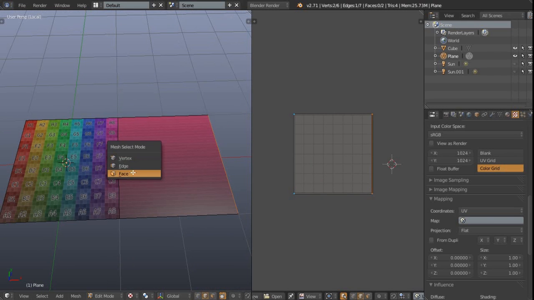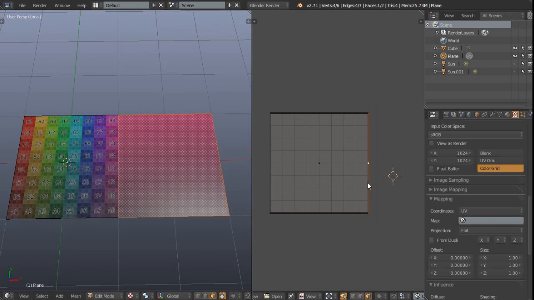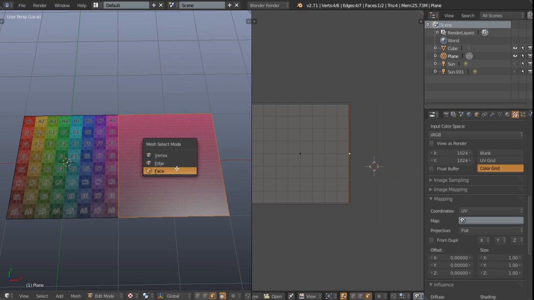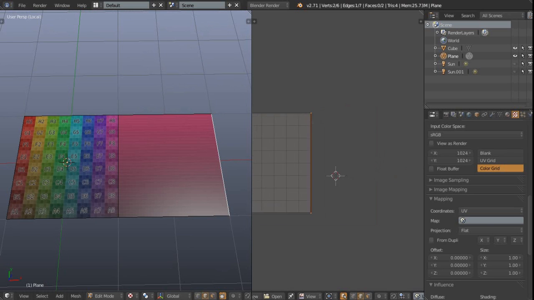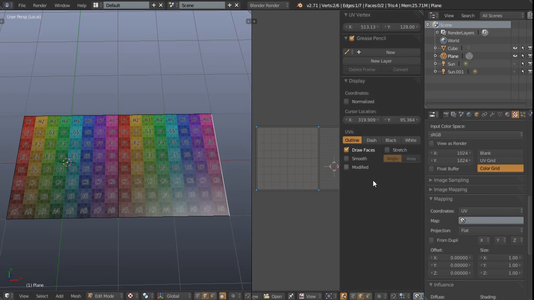One of the ways in which we can do this is to simply grab this face. And as you can see there, it's all bunched up on the side. It's just a very, very thin face, and that's why we're getting all the streaking here. What we could do is just grab the edge really, and then kind of drag it out. And then if I press N to bring up our property sidebar here,